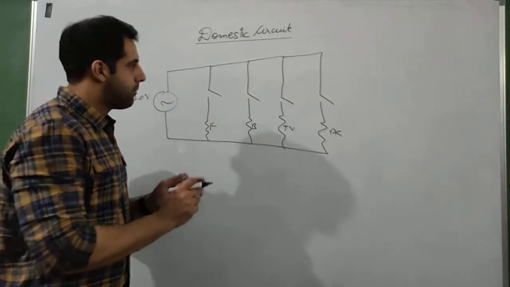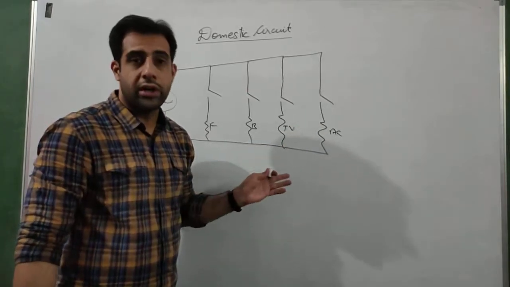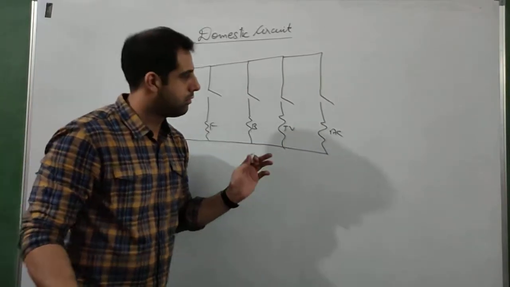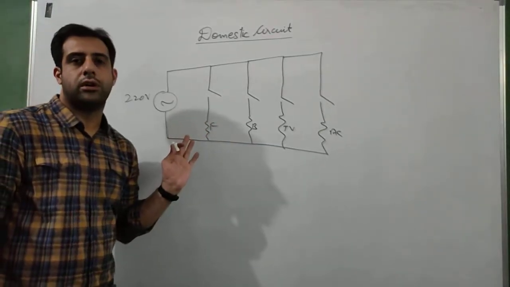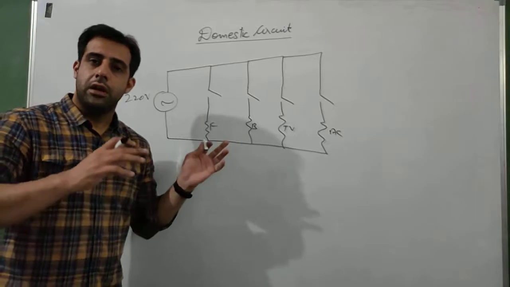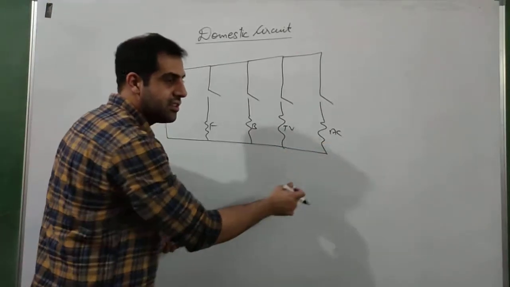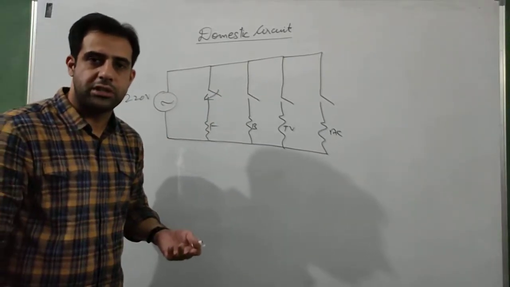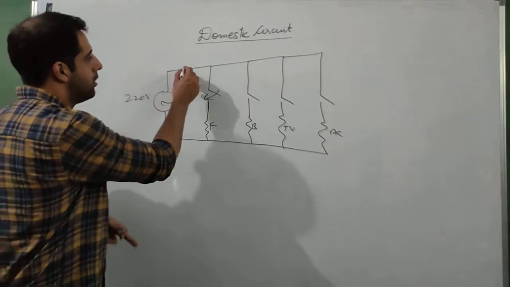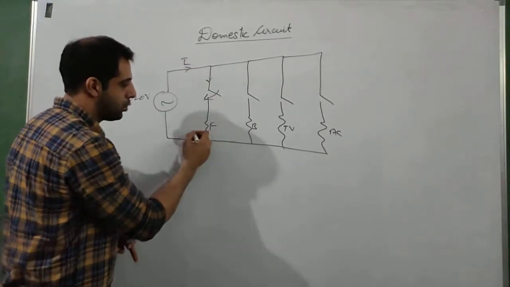Now what happens? Right now in these conditions, all the switches are open, so current is not going to flow. Common sense. What if I want only the fan to turn on? I want to use the fan only. What do I have to do? Do I have to worry about other appliances? No, I will just close this switch. Now this switch is in on position and the current will flow only in this switch, only through the fan.